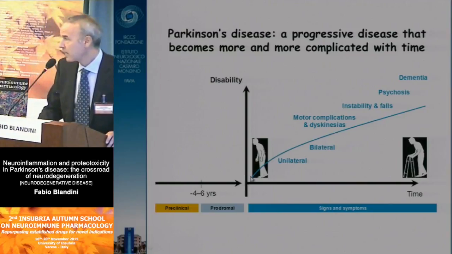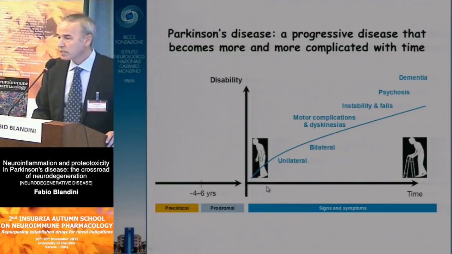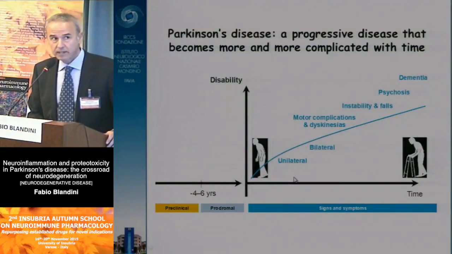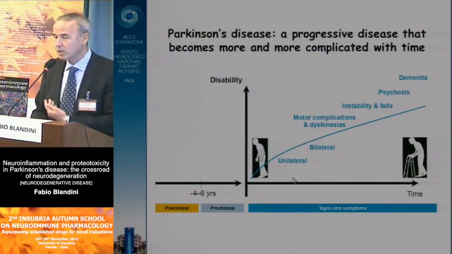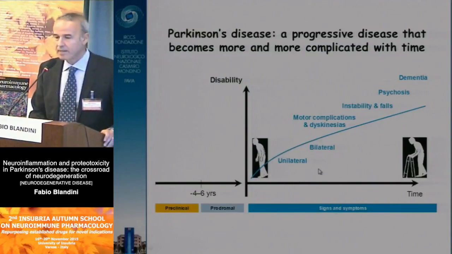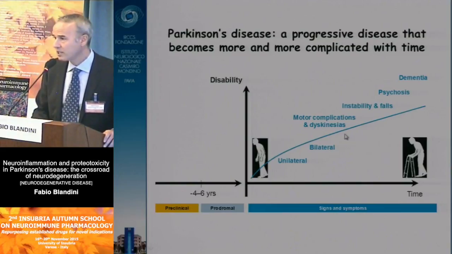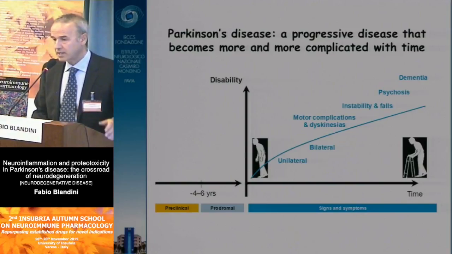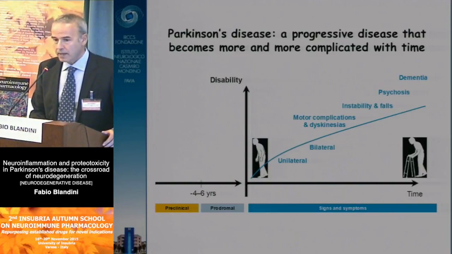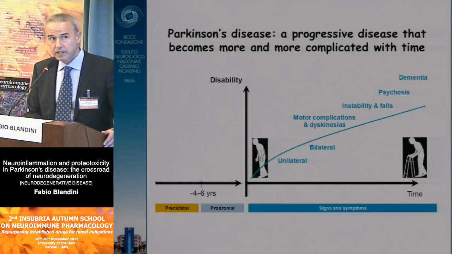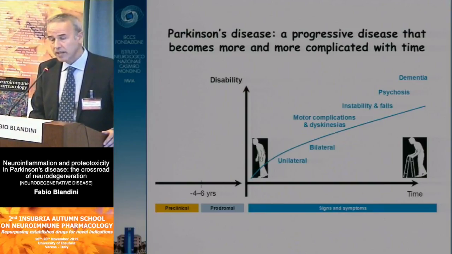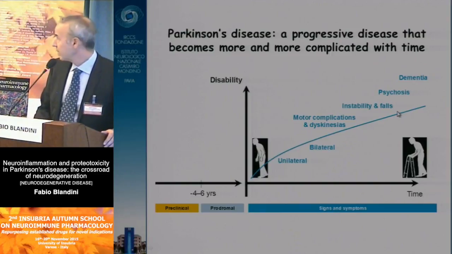Then the disease starts to manifest in terms of motor symptoms. It starts unilaterally, so there's one side of the body which becomes affected, and then the motor involvement affects the contralateral side, and then with the progression of the disease gets more and more complicated. Motor complications and dyskinesia, these are related mostly to the pharmacological treatment, so it is a side effect of the dopaminergic treatment. Instability and falls, psychosis, so then the psychiatric and